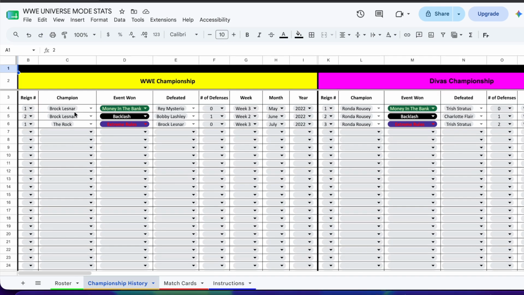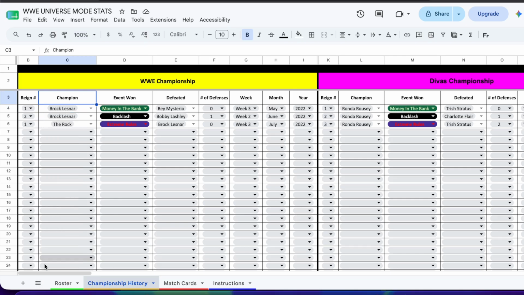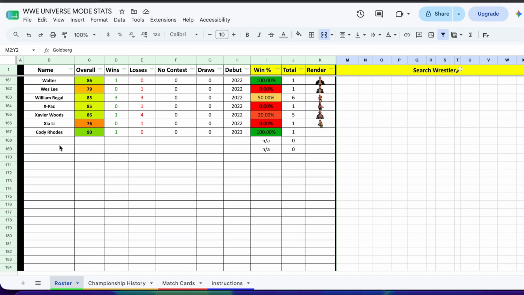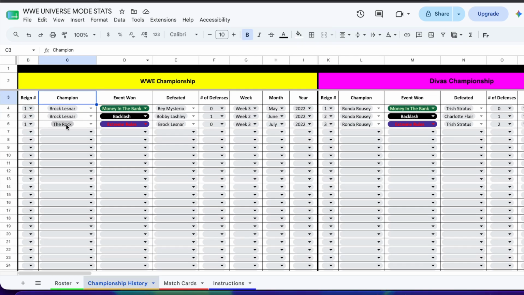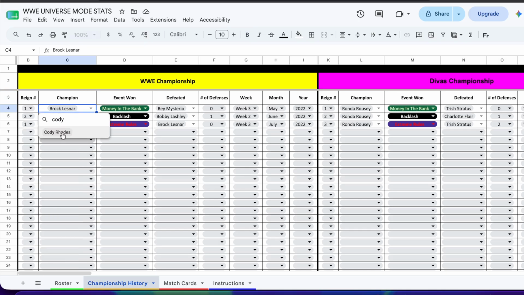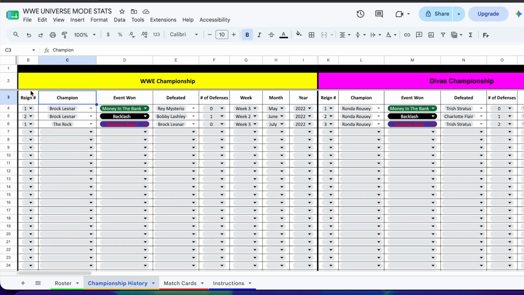So you just put the champion here. You have a drop down with all the superstars from the roster tab, and it updates automatically. Whenever you add a superstar in here, like you saw, I added Cody Rhodes earlier, so now when I type Cody Rhodes here, he's right here. So yeah, you just use the drop down here to put your champion, ring number,